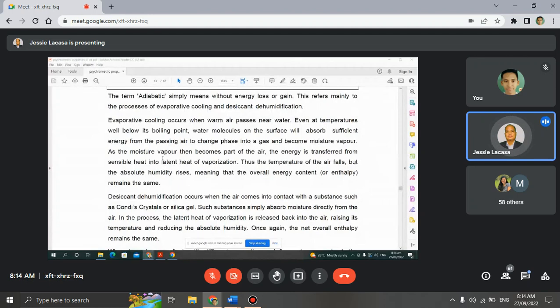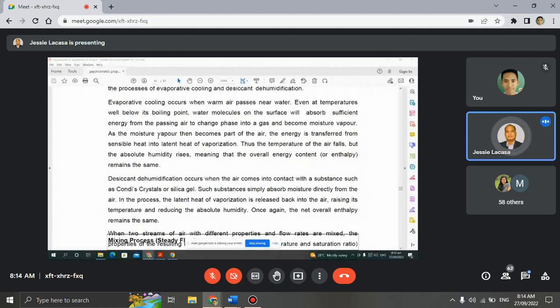It's like a cooling tower, right? In the cooling tower, the water flows down from the hot basin to the cold basin, and the air comes from the fan. So as the moisture vapor becomes part of the air, the energy is transferred from